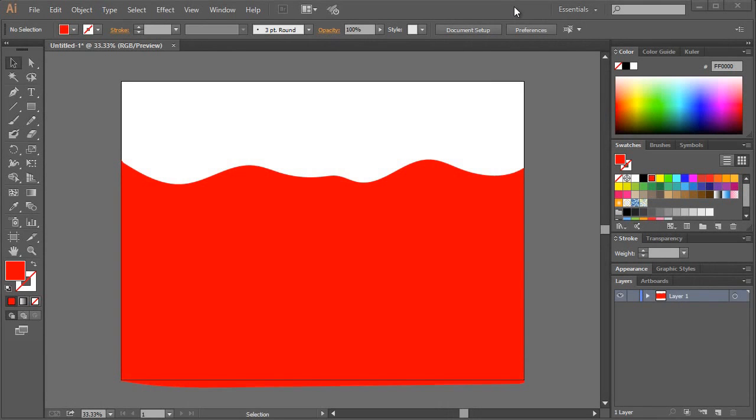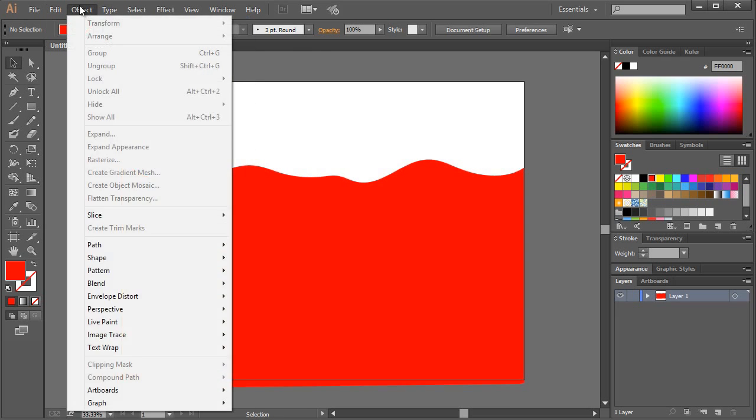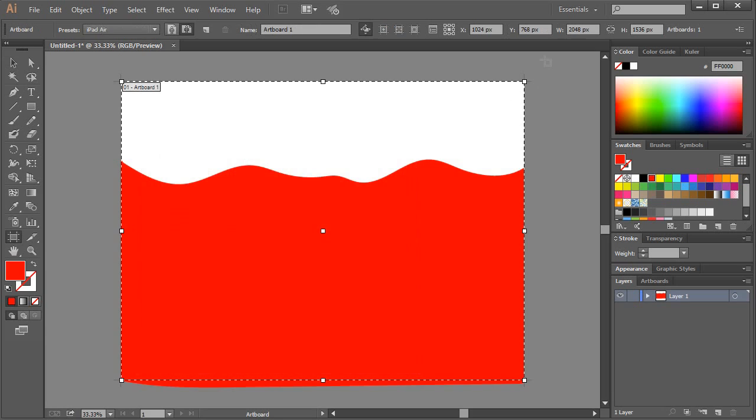Hello and welcome to this lesson where we're going to focus on tiling background designs for your games. One of the things that we need to pay attention to here is that while this shape, whether it be mountain hills or whatever, looks like it will probably tile pretty well, we can see in practice if I change a setting real quickly, go to document setup, edit artboards,